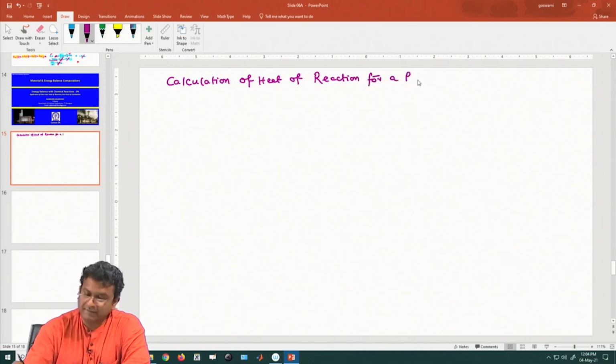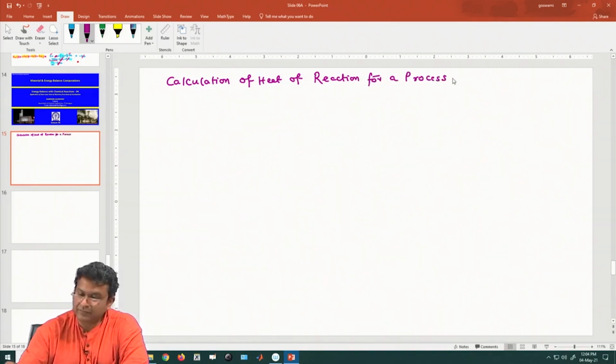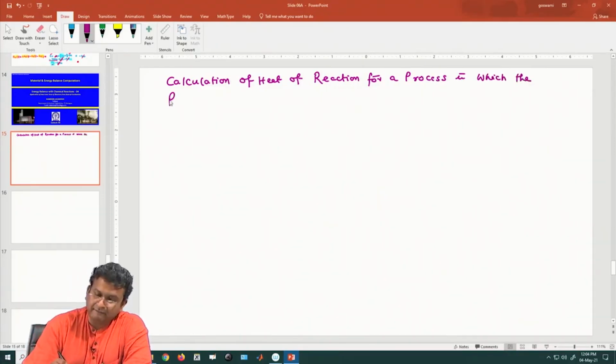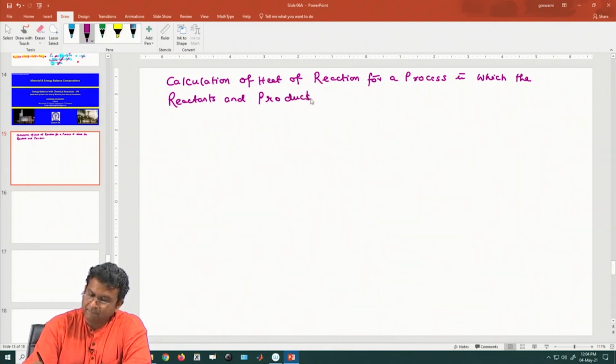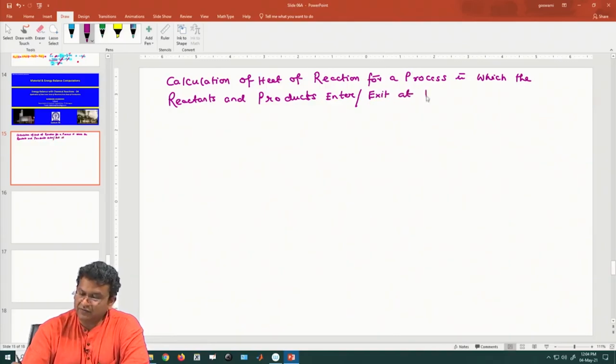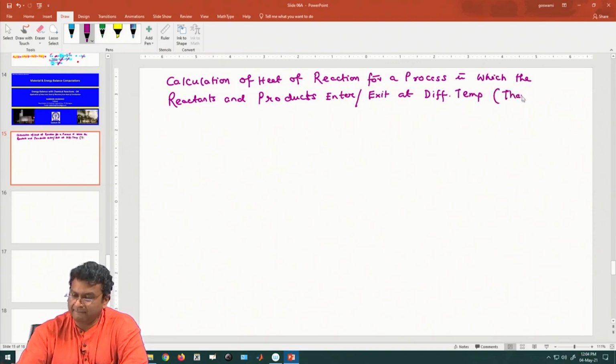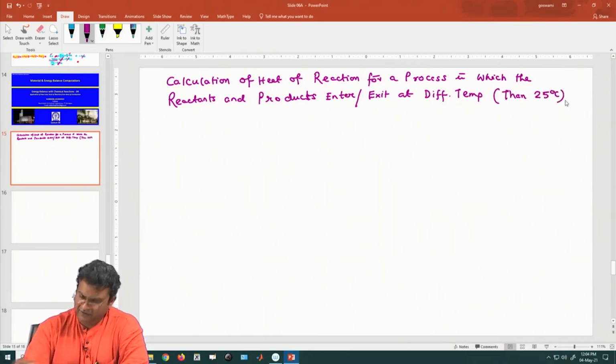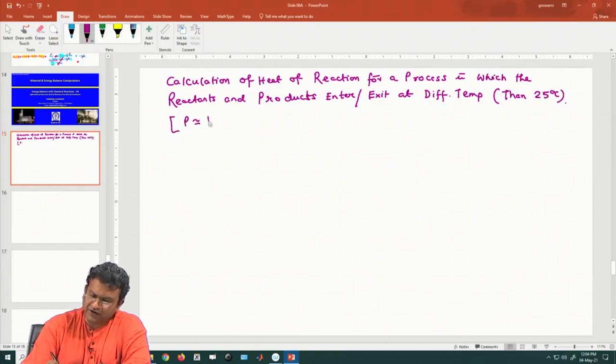for a process in which the reactants and products enter or exit at different temperature than 25 degree centigrade. As of now, we are assuming pressure is constant at 1 atmosphere. So, heat of reaction,